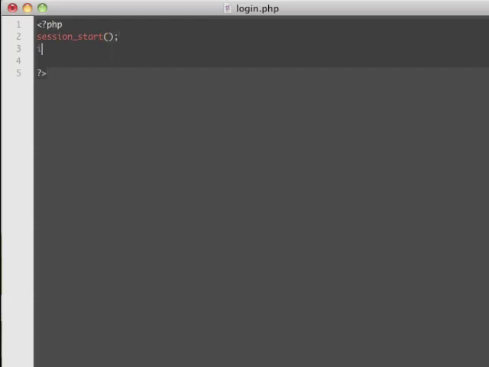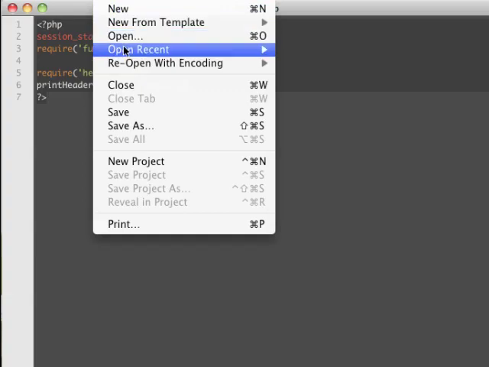And we probably want to require our functions.php, and eventually we'll require our header, and we'll also print our header with a login page, and we're also going to have the login link highlighted right there. So let's open our functions page right here,